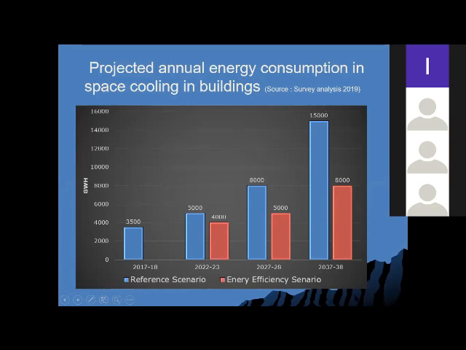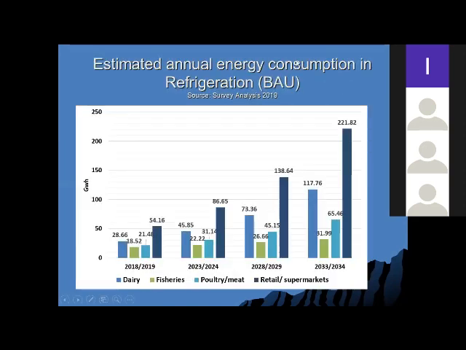But in order to achieve this, all have to contribute. You all have to contribute to achieve this. Then annual energy consumption in the refrigerant sector, business as usual, is this, in different areas: dairy, fisheries, poultry, retail and supermarkets. Mostly retail and supermarkets by 2030 will be like this, right? And dairy will be like this, the first bar. Then poultry, and fishery is the lowest here,